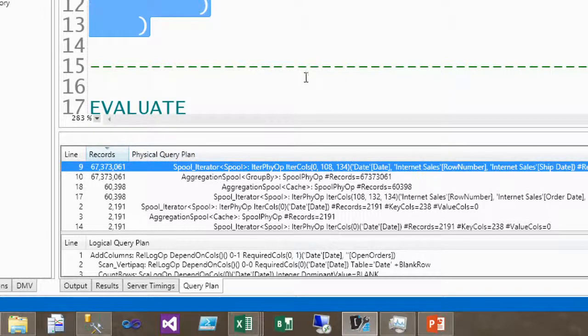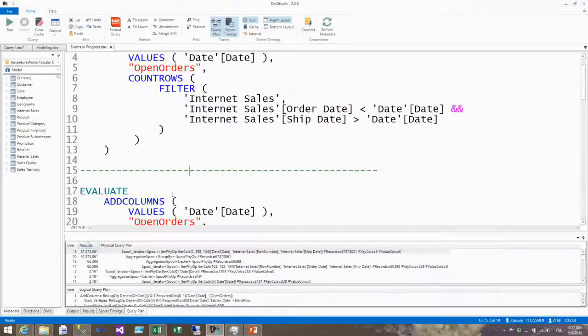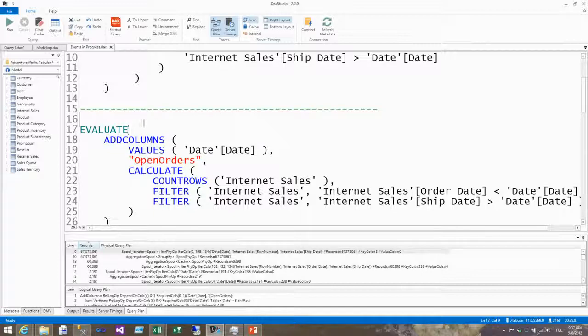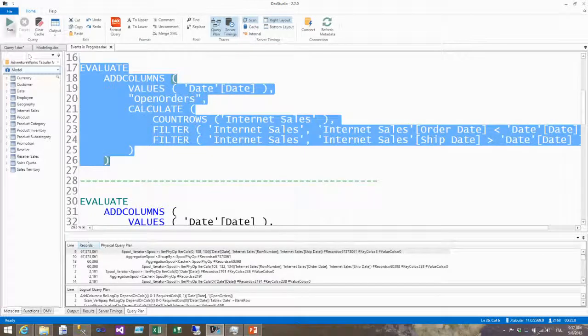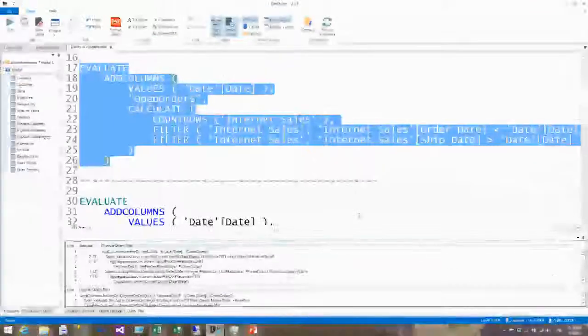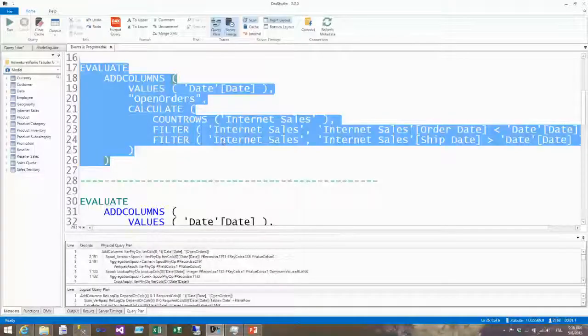Now I can try to write my query in a different way. So this was the first query, 30 seconds. Now I run this query. I run this query again. The database is the same, but as you see, this time the query runs in only 1 second. So I already wrote the query in a different way.